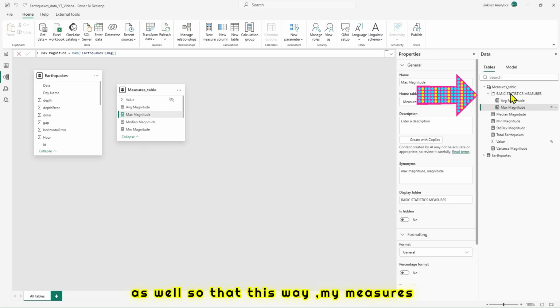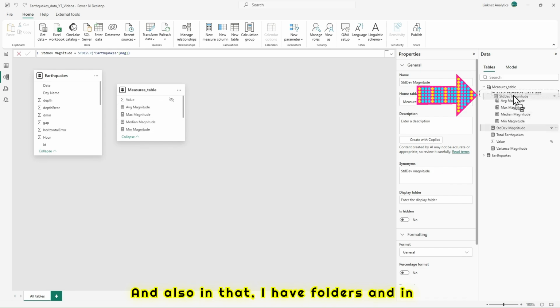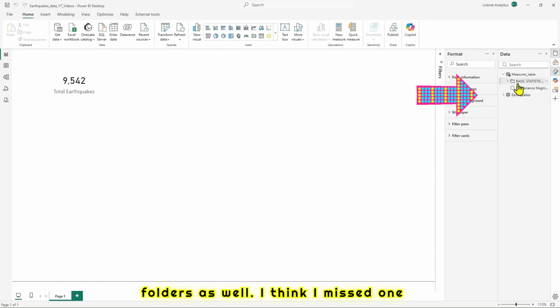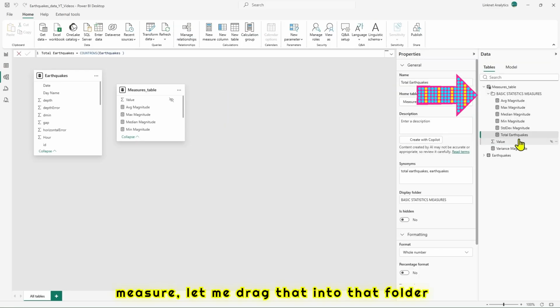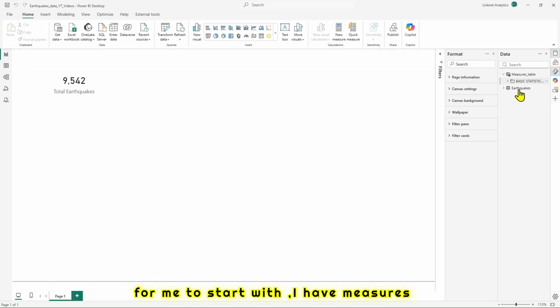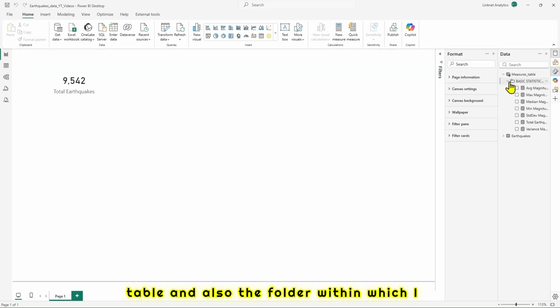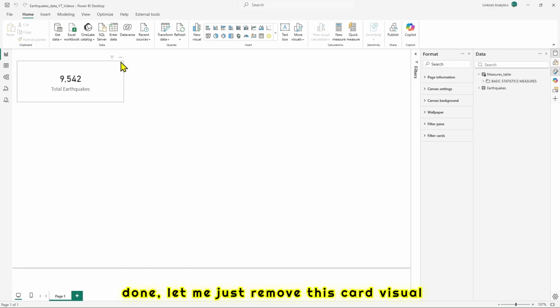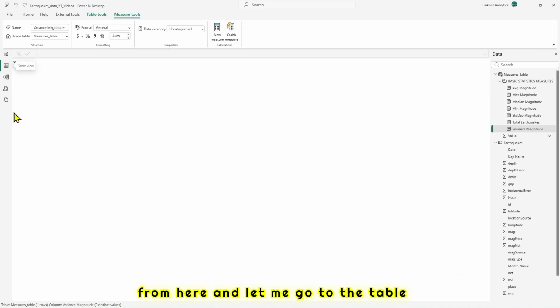Let me drag other measures as well, so that this way my measures table is there separately. And also in that I have folders, and in case needed, I can always add other folders as well. I think I missed one measure. Let me drag that into that folder. So now that all the measures are there for me to start with, I have a measures table and also the folder within which I have all the measures. So once this is done, let me just remove this card visual from here,